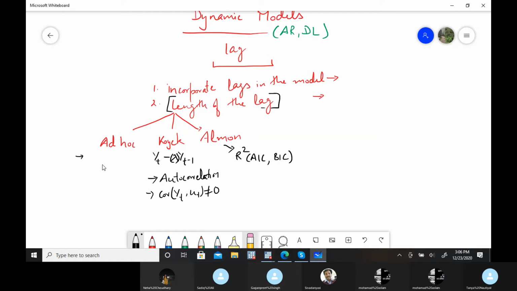In ad hoc estimation and Almon's criterion, there is a problem of multicollinearity. This is the answer to the length of the lag.